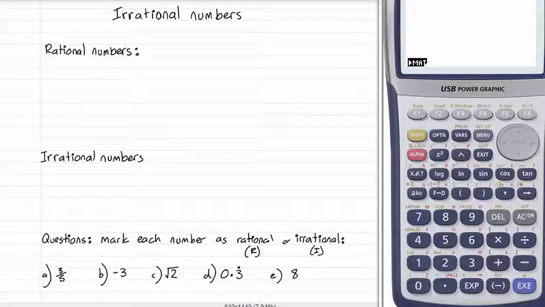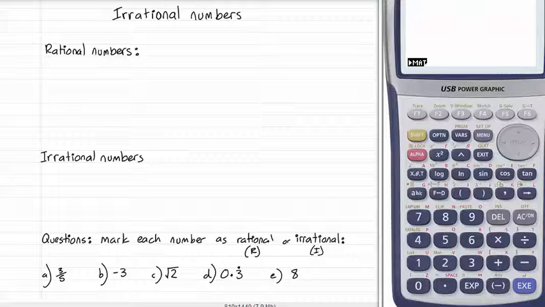Rational and irrational numbers are two groups of numbers. Both rational and irrational numbers are real numbers. They can be plotted on a number line. The big difference between them is that rational numbers